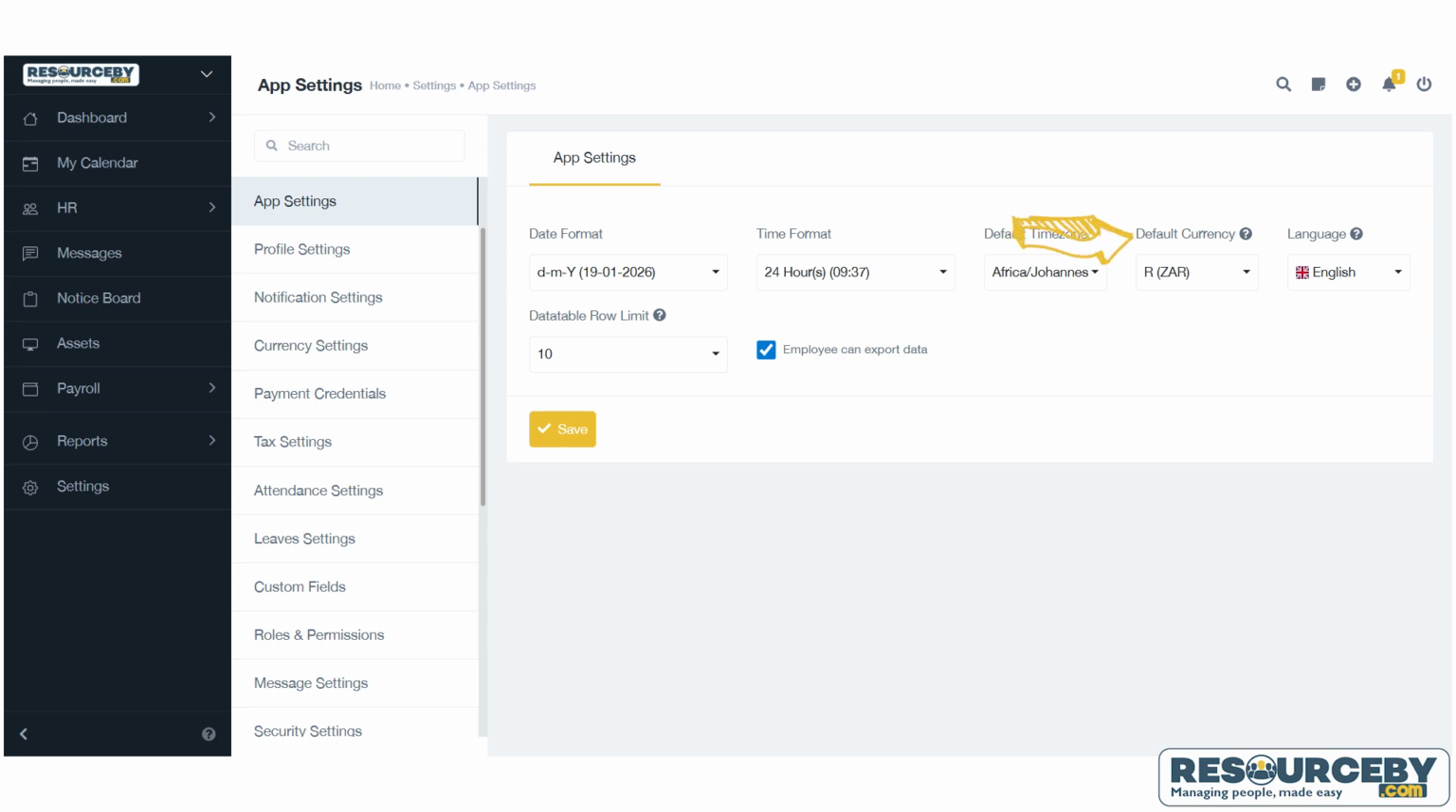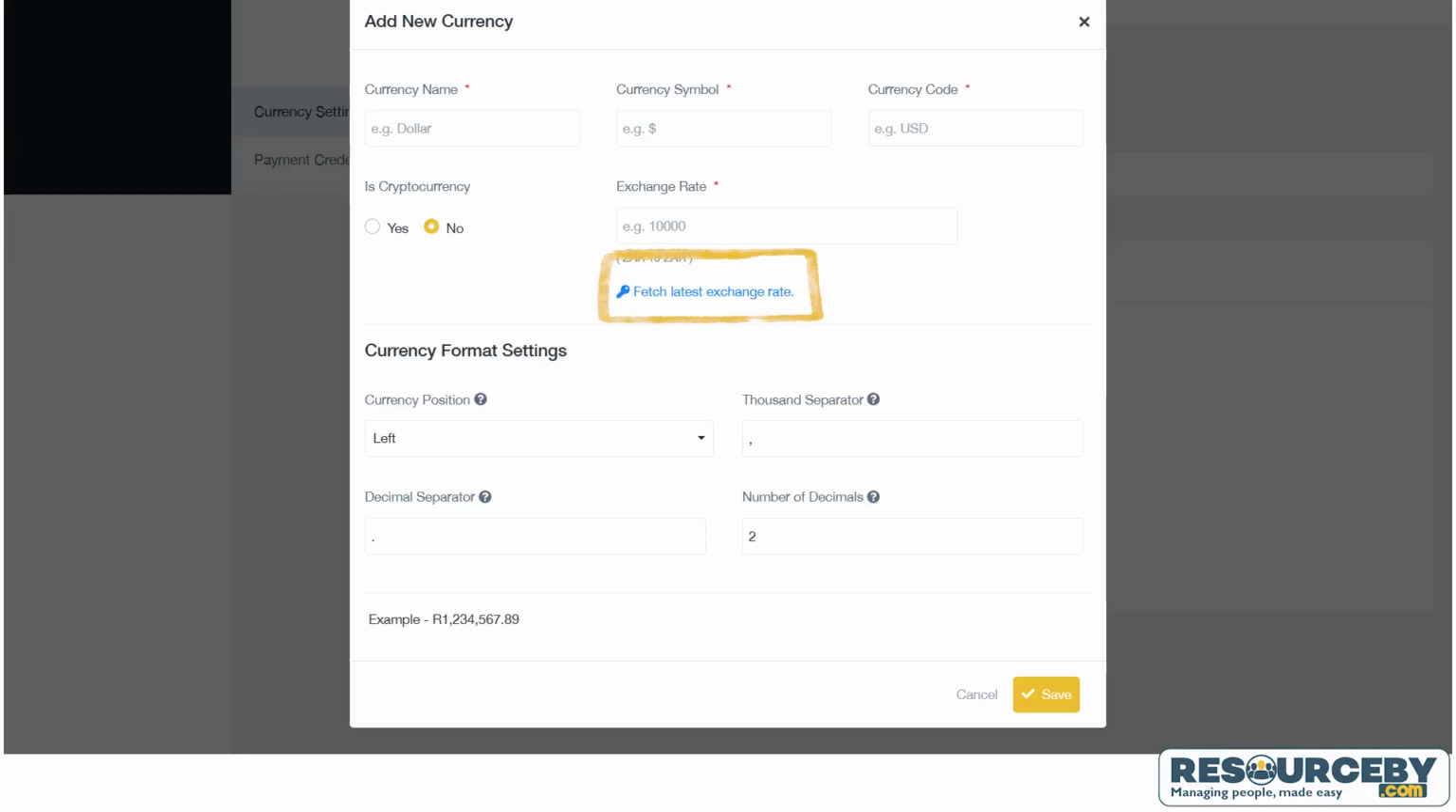Beautiful! If exchange rates change significantly, come back here, click Edit on the relevant currency, and update the exchange rate. Or just click that Fetch Latest Exchange Rate link to get current rates automatically. Your currency configuration is now complete. This forms the financial foundation of your entire Resourceby system. Well done on getting this